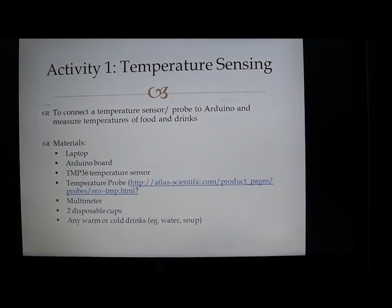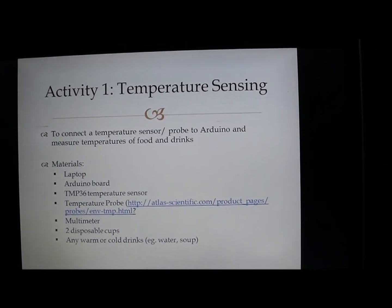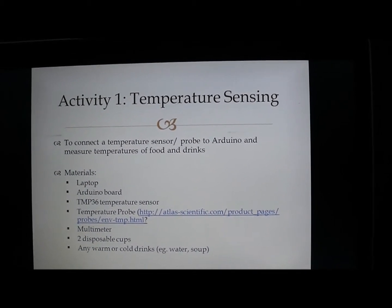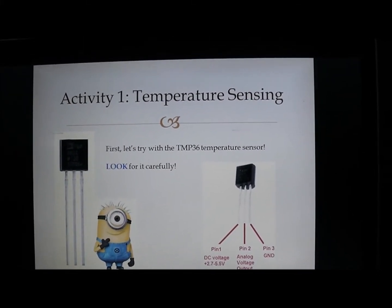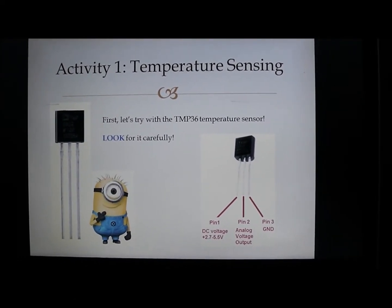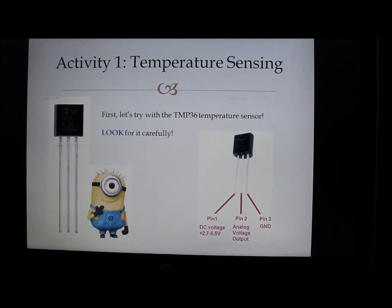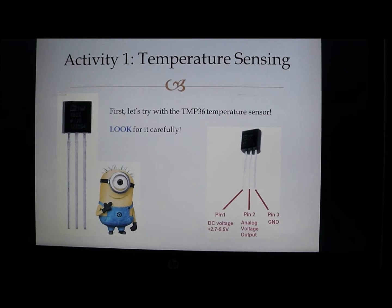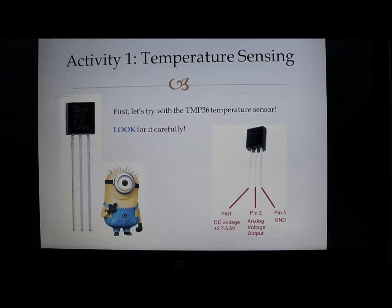So for the first activity, we'll be doing the temperature sensing. What we'll be using over here is a small temperature sensor called the TMP36 sensor. So you can see from the slide it says the TMP sensor, and for the sensor itself, there's 3 pins. It has 3 legs. So the pin on the far left side will be the pin that is connected to the positive end or the 5 volt. For the middle one will be to the analog